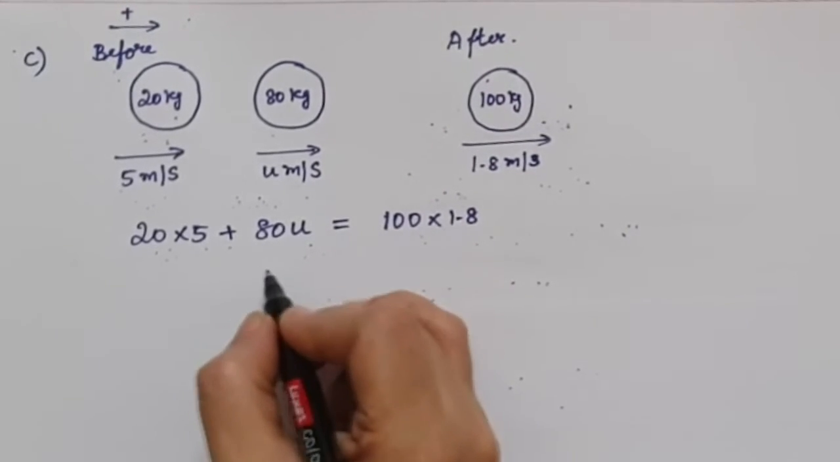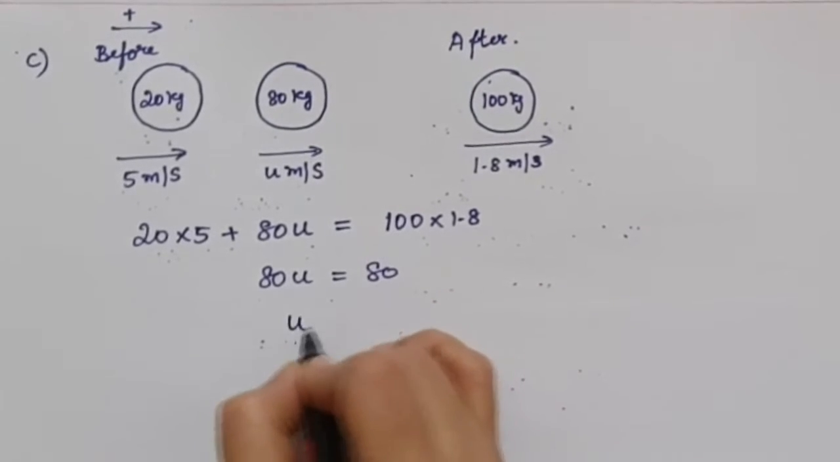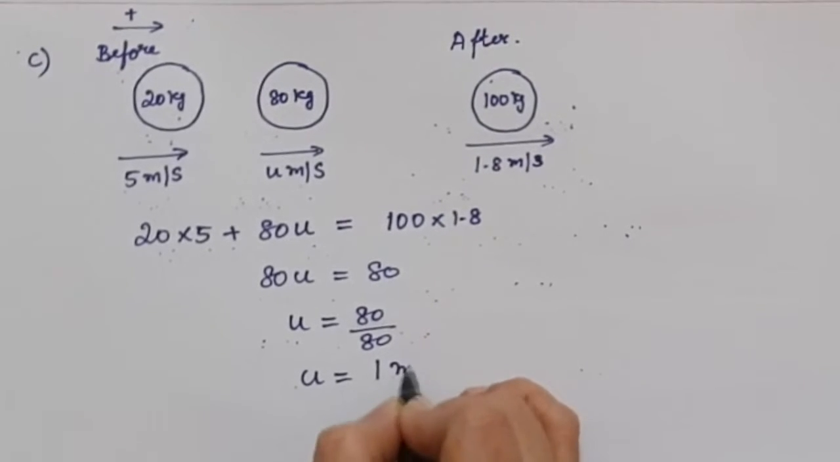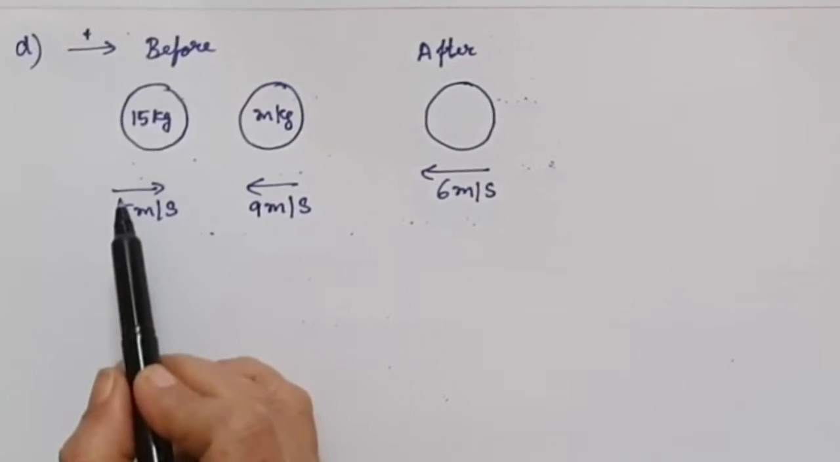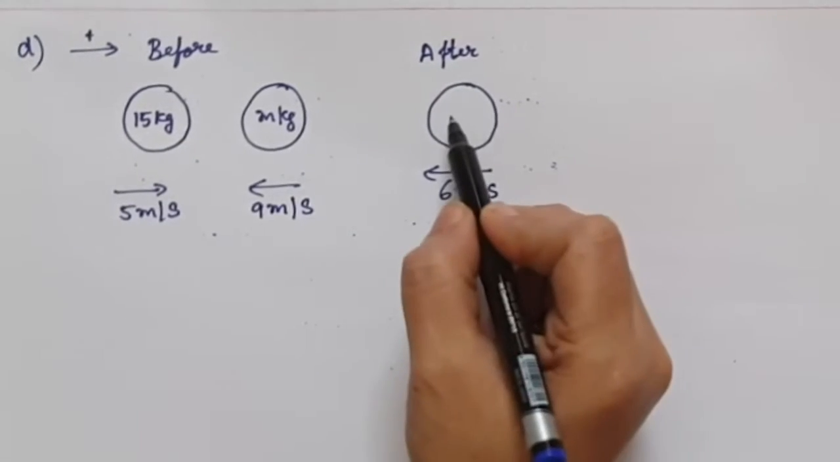So this will be equal to 80. So u will be equal to 80 over 80. So u will be equal to 1 meter per second. Now the D part of the question, one is of 15 kg, n kg, and we need to find this